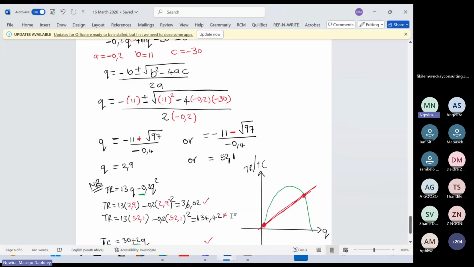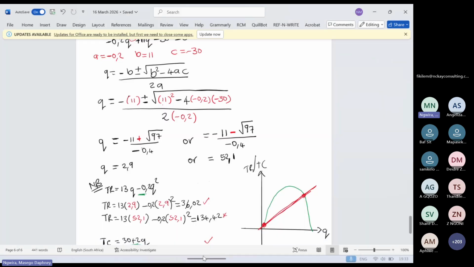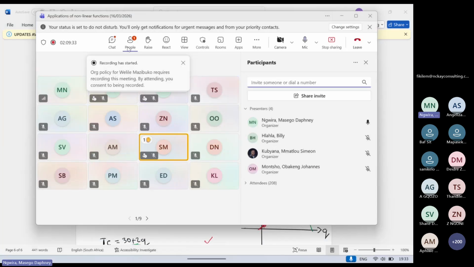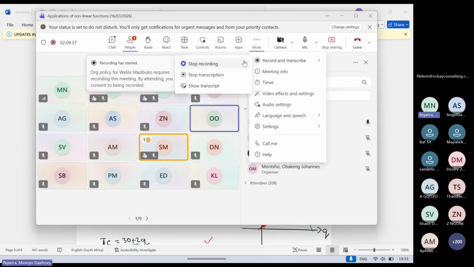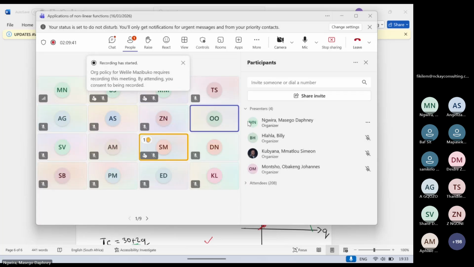Perfect. Can I stop the recording if we went over? Is there any question? Because I think we did talk about the minimum. Yes, Oka, you can ask a question. I'm going to stop the recording. Yes, you can ask. Hi, ma'am. I just wanted to ask, is the